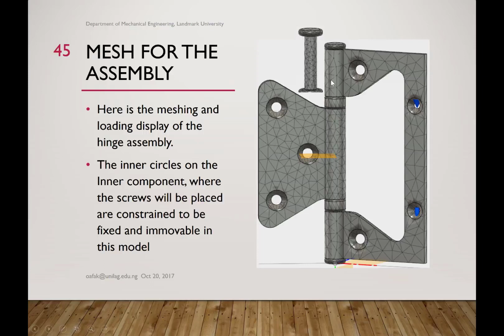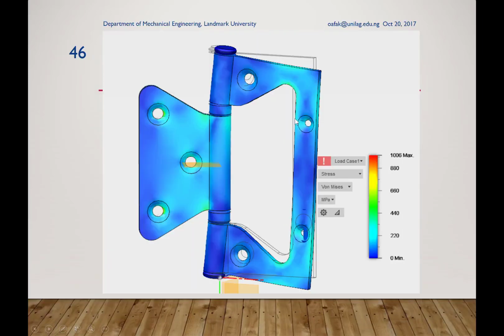This is the full assembly of the mesh, and then we just showed this part of this mesh to show that even though we are seeing only the external surface here, there is still the meshing that is happening on the pin that is being covered up in this situation. So this is what is going on inside there. And then this is the full hinge.